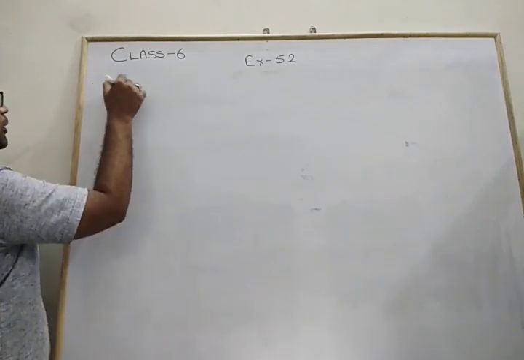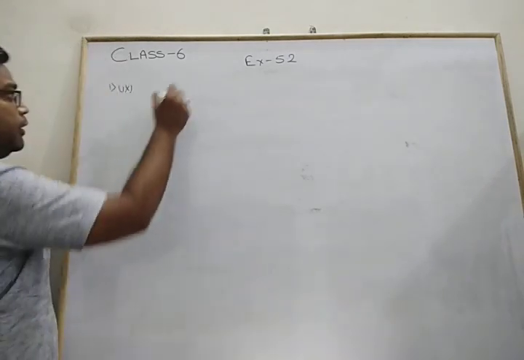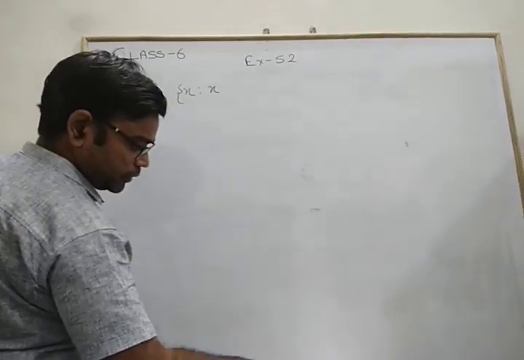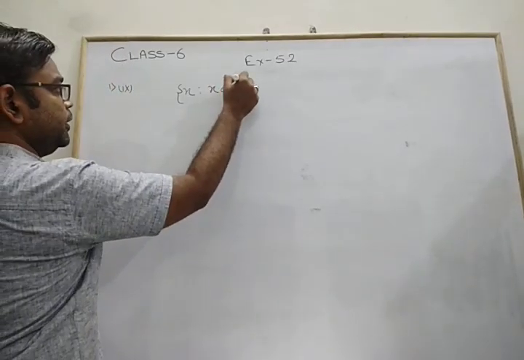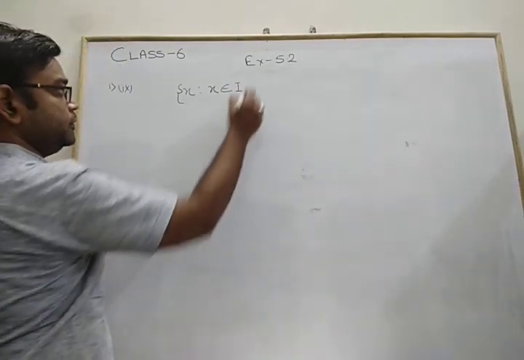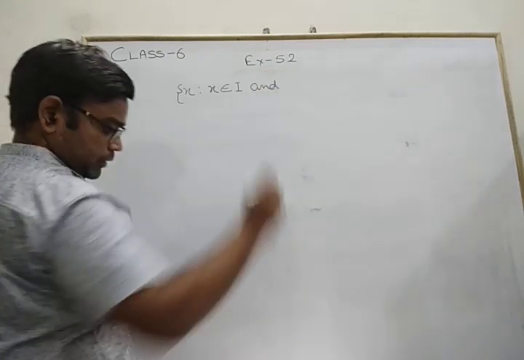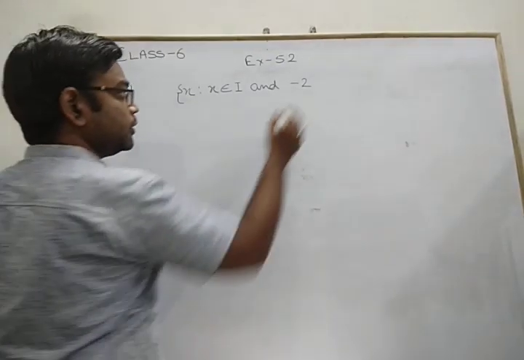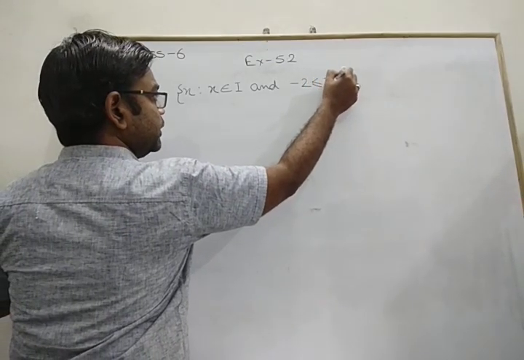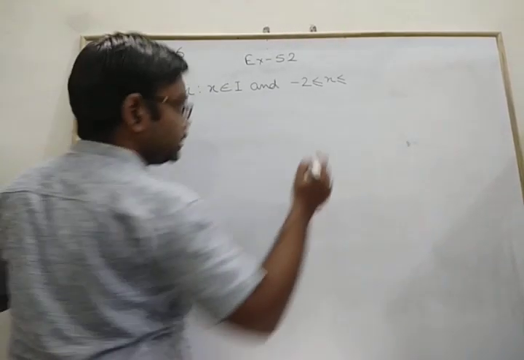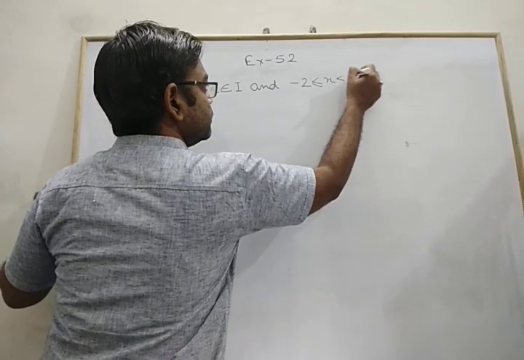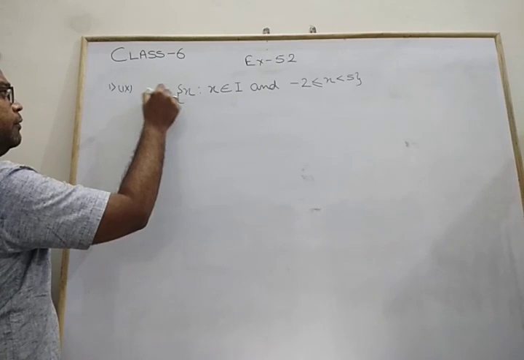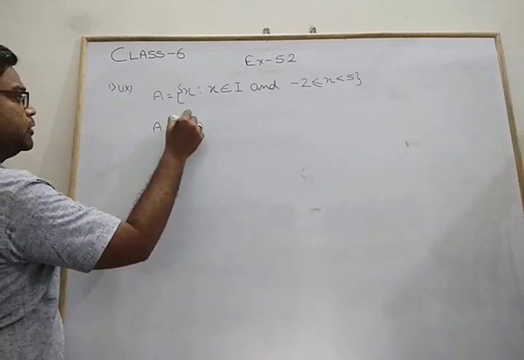First, question number 9. This question says that there is a set of x such that x belongs to the set of integers I, and x is greater than or equal to minus 2 and less than 5. Though I am using the name first, it's A. So A equals,